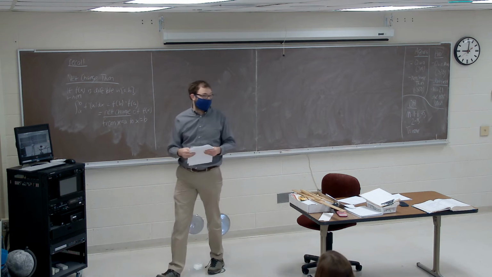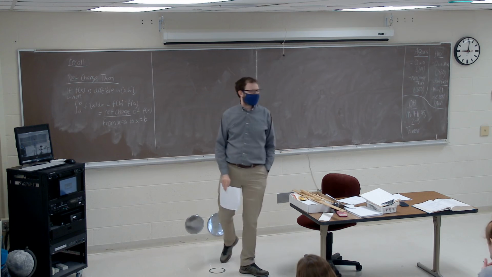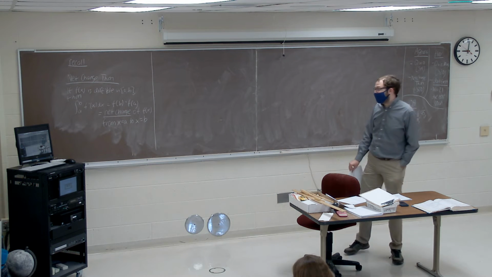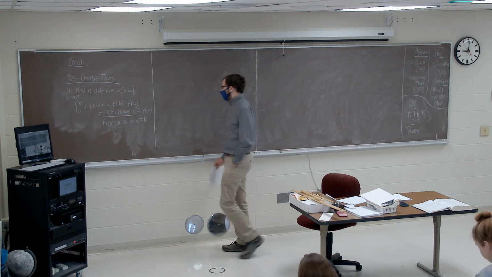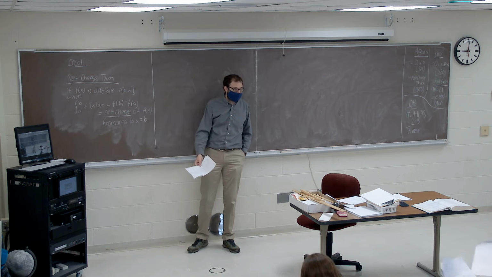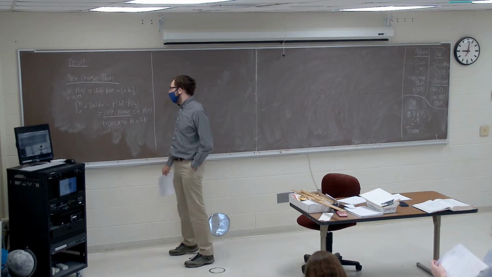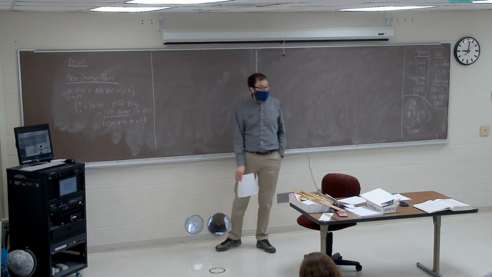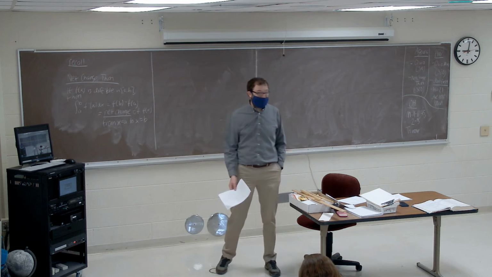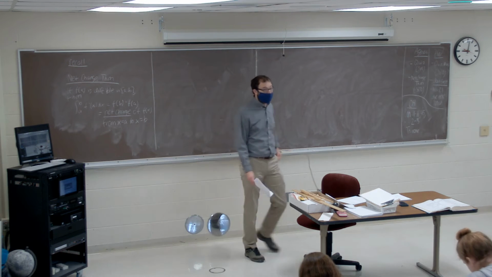Alrighty, so I'd like to go ahead and jump right back into Standard 20. If you recall, in Standard 20 we were talking about the net change theorem, which says that if you want to calculate the net change of a function from a point a to a point b, in other words, take f of b minus f of a, then as long as your function is differentiable everywhere between a and b, you can integrate the derivative f prime of x from a to b, and that'll be one way to get what the net change is going to be.